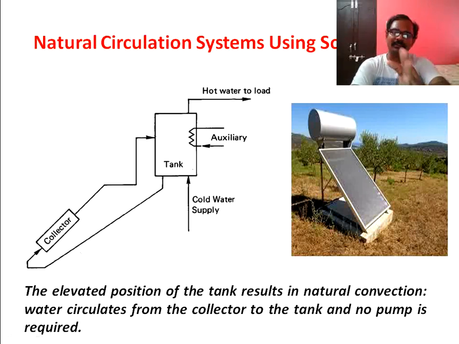That cold water will pass through the collector, and the collector will make use of the solar energy for converting the cold water into hot water, and the hot water will again be sent to the top of the tank, and from the top of the tank we'll take the hot water and use it for our applications. That is what is called a natural circulation system. And we'll also provide an auxiliary heater. During the rainy days or the winter days, if sufficient solar energy is not available, the system should not be kept idle, and for that reason we'll also use an auxiliary heating system here, for use during the rainy seasons or cold climates when sunlight is not available.